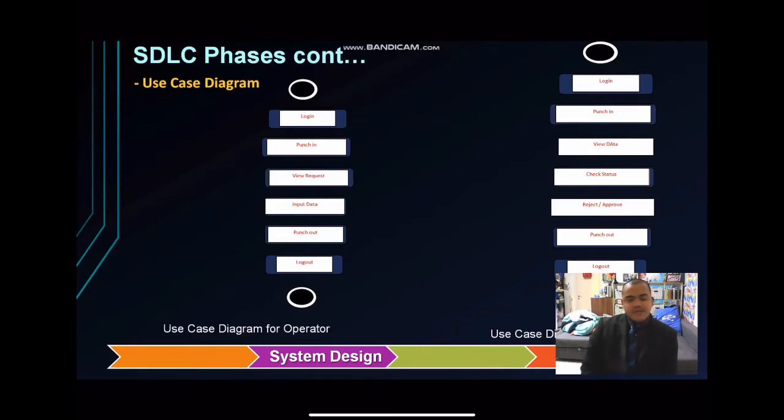Use case diagram for the employee or the operator: login, punch in, view request, input data, punch out, log out. For the HOD: login, punch in, view data, check the status, reject, approve, punch out, log out, and